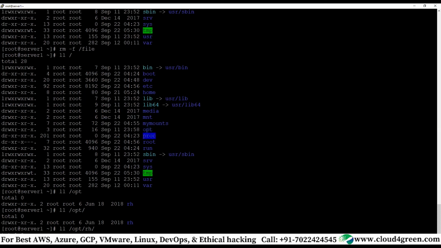proc and sys. Basically, sys is an advanced version of proc. In older systems, you will see only proc. proc and sys is nothing, it's just a virtual file system, or I will say a directory or something. That means nothing is stored in that. Whatever you see is live data. You shut down the system, take the hard disk, put it in some other OS where Linux is installed, start the other OS, and you mount this hard disk, new hard disk, existing hard disk, you will not find anything in proc and sys.